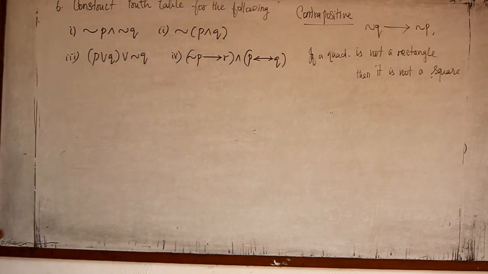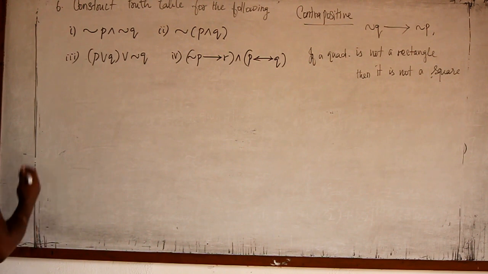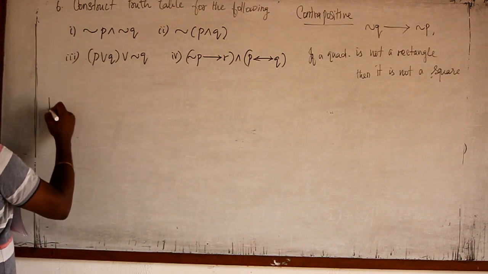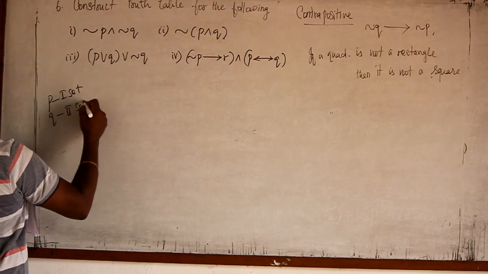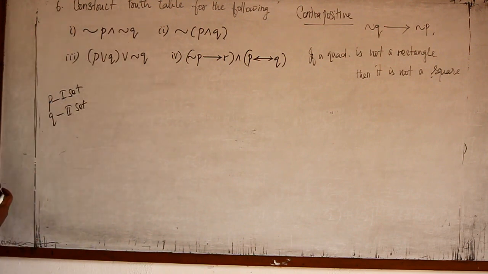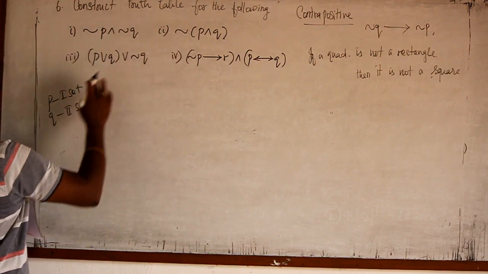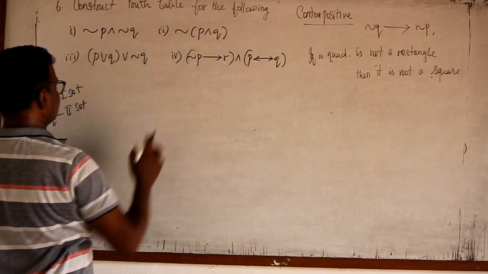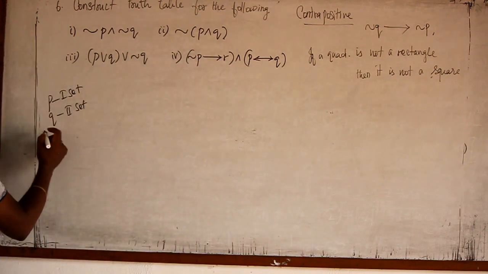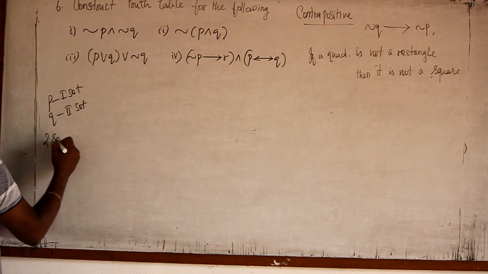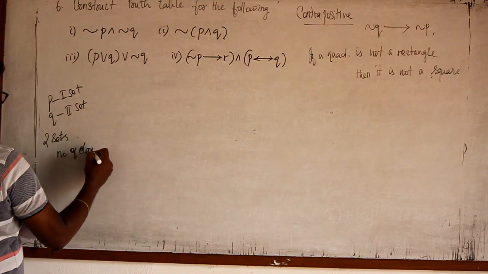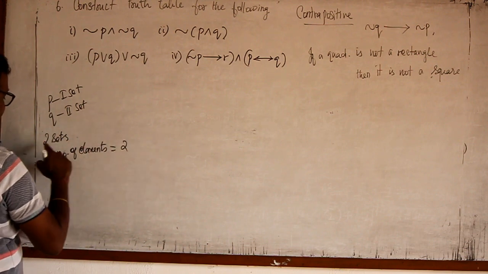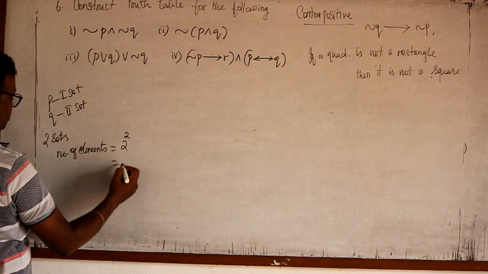Now listen here. Before going to this problem, since it's the first problem, I shall try to give some explanations. P means one set. P is the first set. Q is the second set. So only two sets are involved in the first question, second question and also in the third question. Here only I am getting another set. So two sets means the number of elements is 2 power 2. That is the number of subsets we used to say.